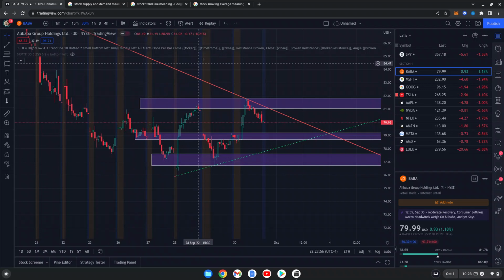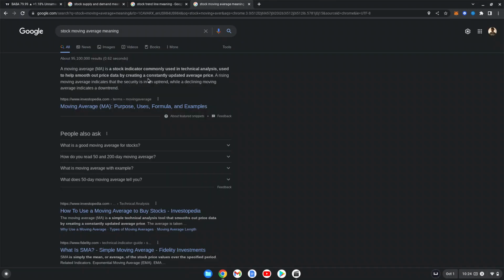Now, the only other indicator that I like to add sometimes is some type of moving average, whether it's the VWAP or any other moving average. What is a moving average? A moving average is a stock indicator commonly used in technical analysis, used to help smooth out price data by